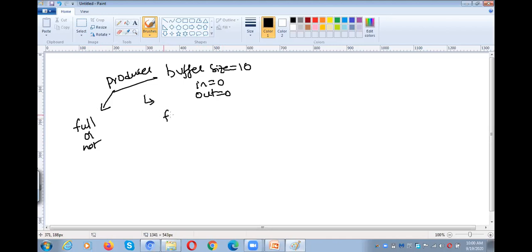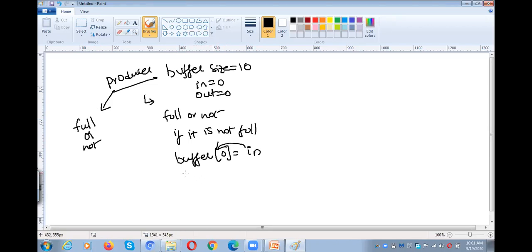So first that condition, full or not, will be checked by the producer. If it is not full, then automatically the producer can keep the item into the buffer. So buffer of in, which is buffer of 0, one item will be kept into the buffer.